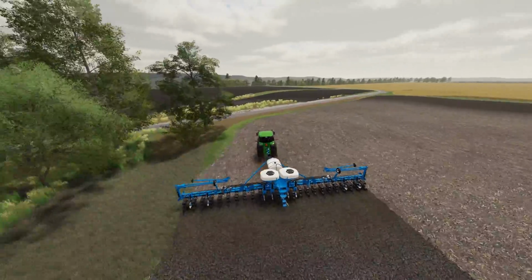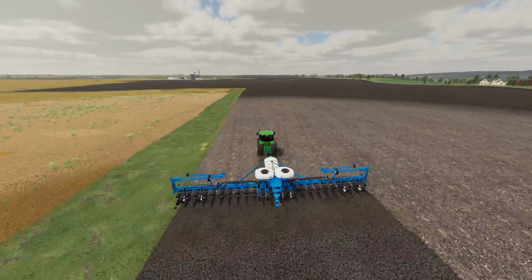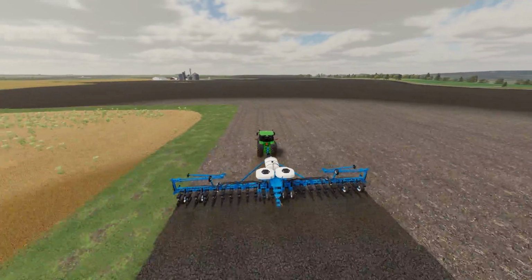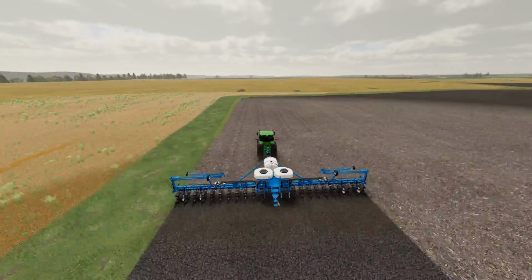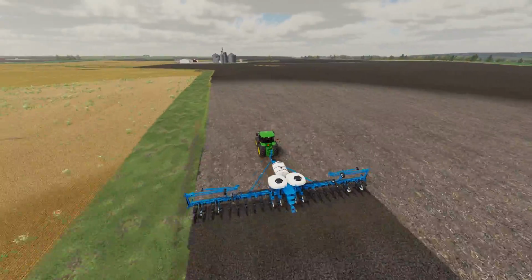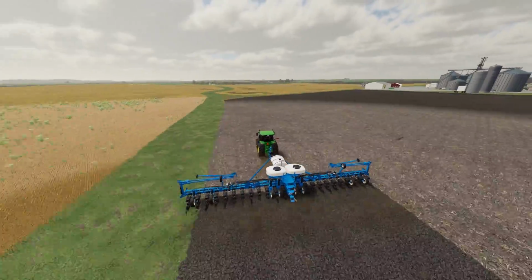Let's jump right into this map. Delta South Mapping's Waverly, Kentucky is a meticulously crafted farming map that offers a rich and immersive agricultural experience. Boasting 114 fields, 26 viable pastures, and farmyards, this map provides a vast canvas for players to cultivate and manage